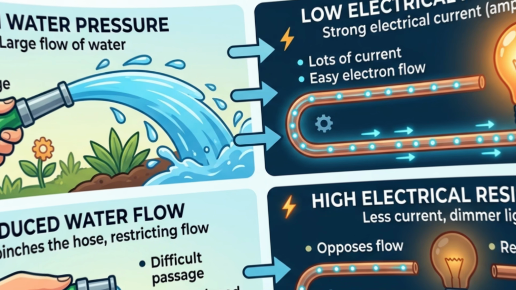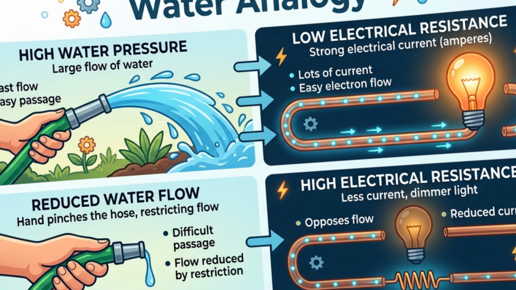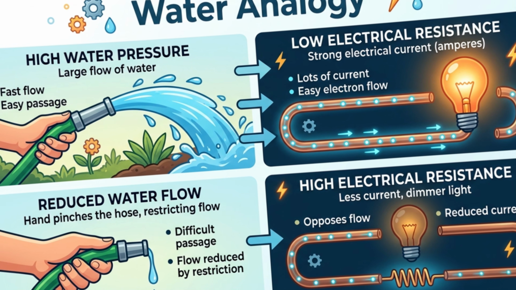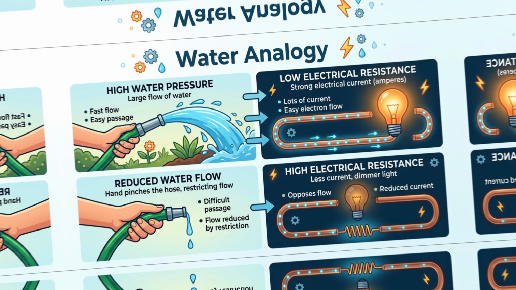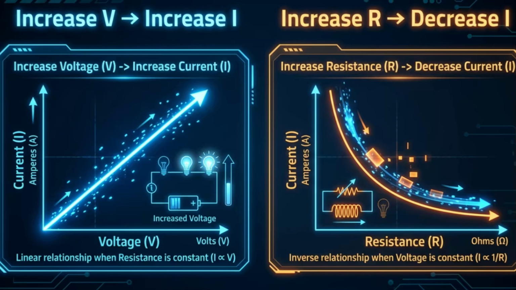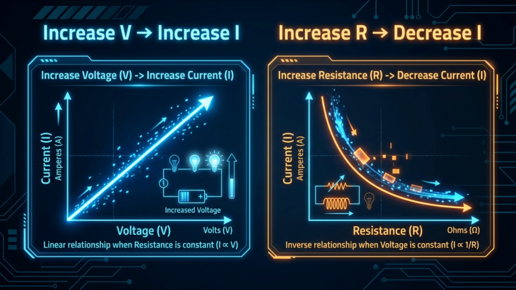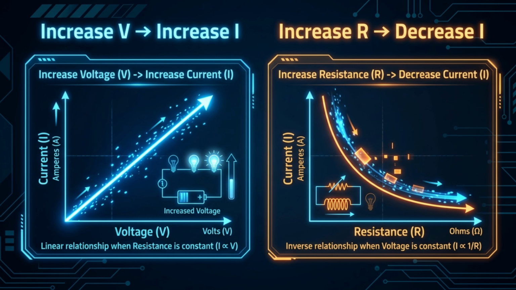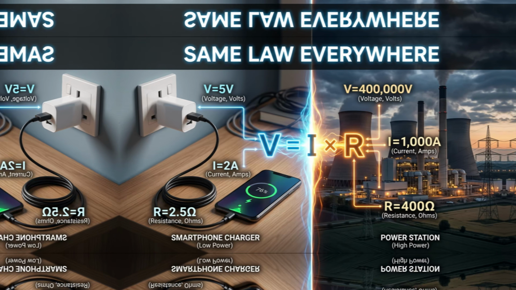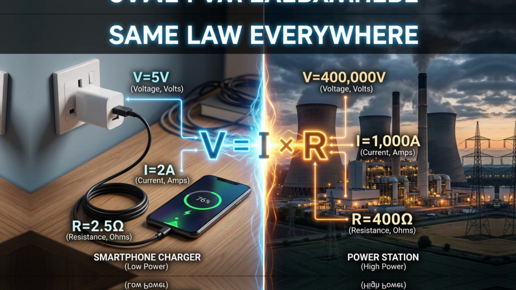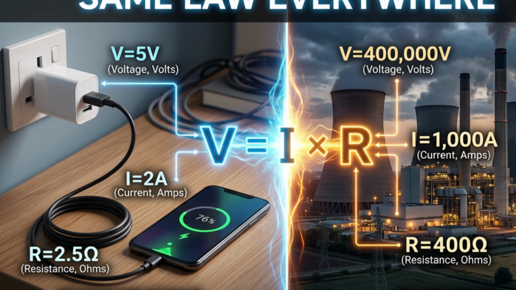Imagine pushing water through a hose. More pressure means more water flows, but if you pinch the hose, the flow decreases. Electricity behaves almost exactly the same way. Increase voltage, current increases. Increase resistance, current decreases. This simple relationship explains thousands of electrical systems around the world. From your phone charger to massive power plants, the same law always applies, no matter how small or large the